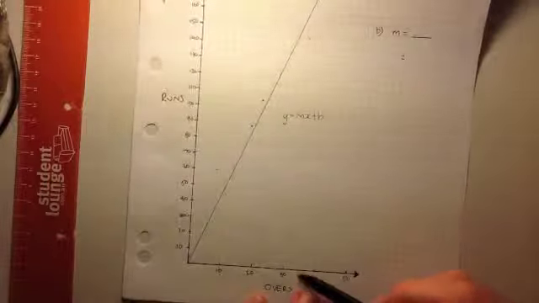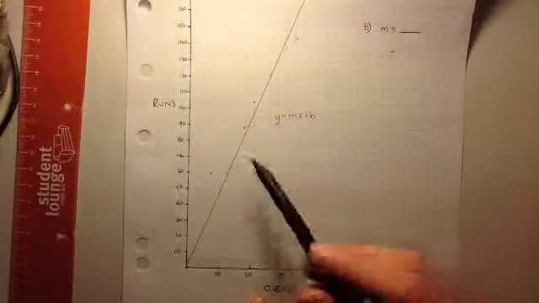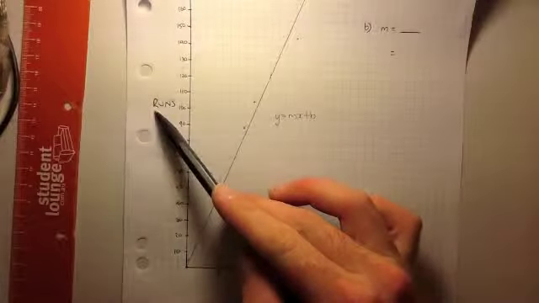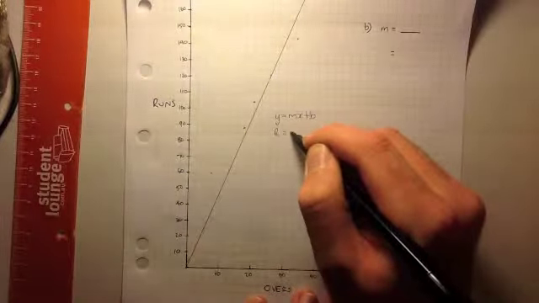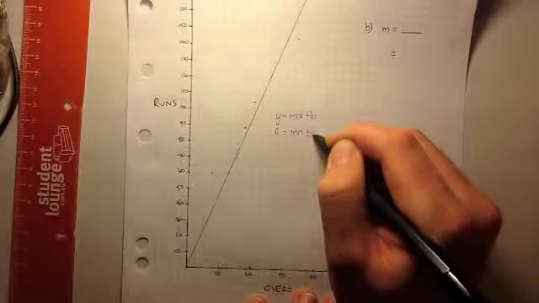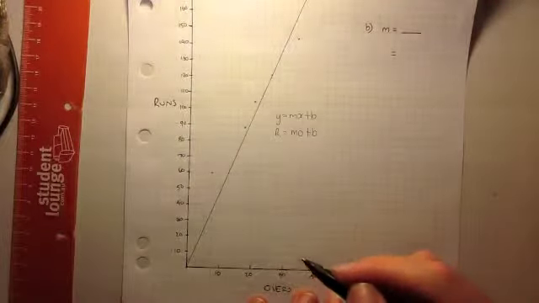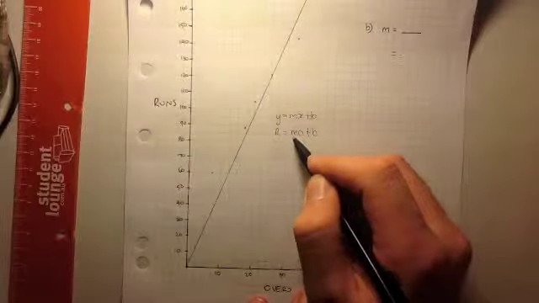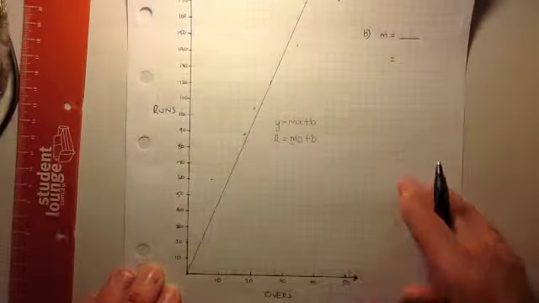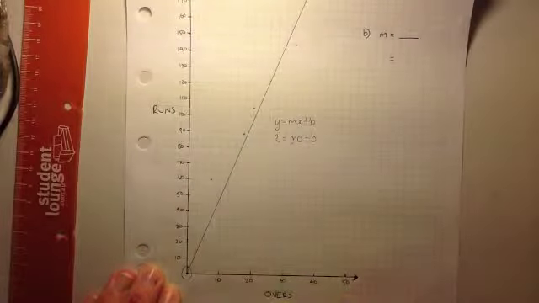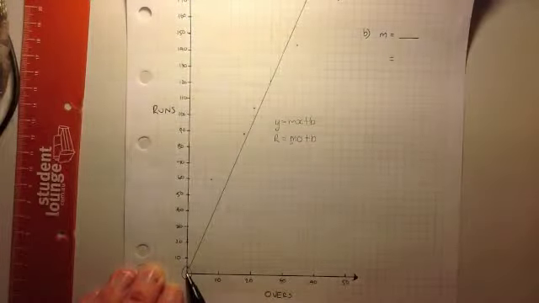In this situation, my x is represented by O for overs, and my y is represented by R for runs. So my formula needs to be something along these lines. First step, we always find our gradient. I'm going to pick 2 points on the graph. I'm going to pick this point because I know at the start of the match they scored no runs, so